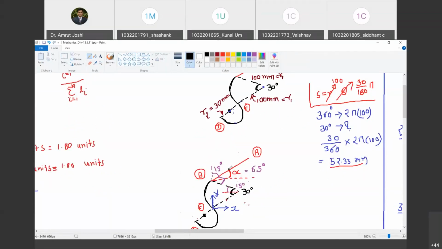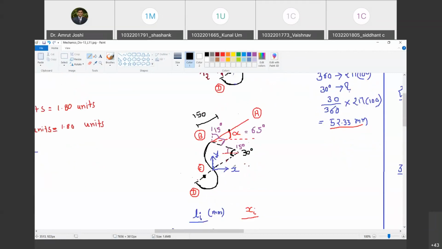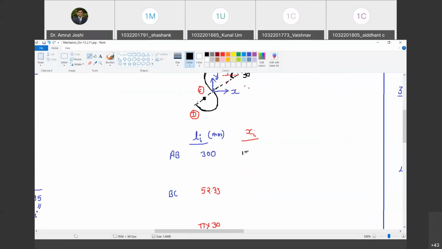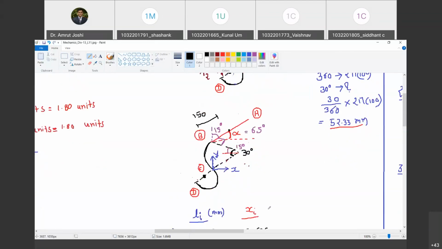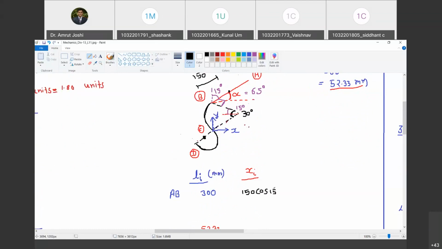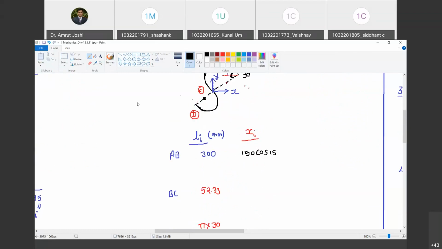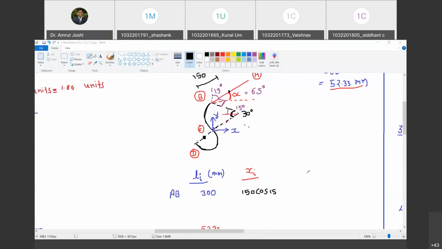This is the half distance. It is at the half distance. So this is 150. And 150 cos of 65 is going to be the horizontal distance of this centroid from B. Do you agree with me? And that is its distance from C, horizontal distance. So can I write this as 150 cos of 15 degree? Are you with me? Is there any problem in this? No. Okay, let us go ahead now. What about yi?